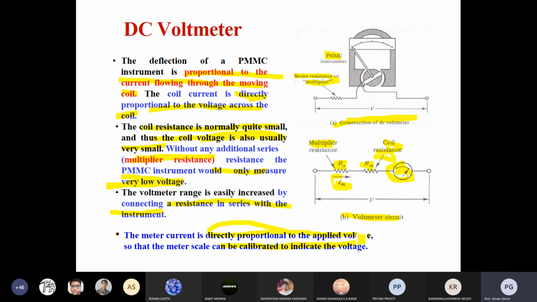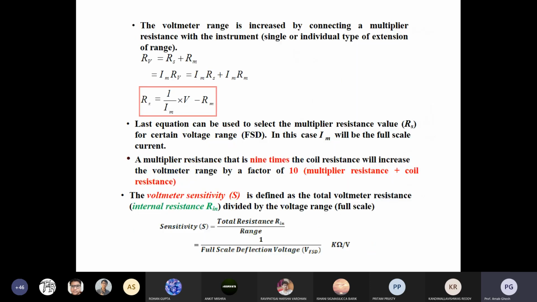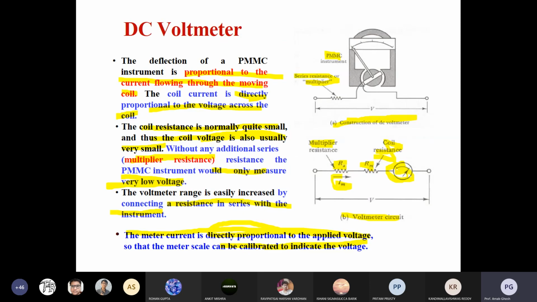The same thing also happens with the voltmeter, so the additional resistance RS will be in series. What happens when it is connected in series? You directly apply the voltage dividing rule. In the previous case for the ammeter, you used the current dividing rule; here you use the voltage dividing rule. If you increase the range by increasing RS, the current will not change because it is in series, but the voltage drop changes. V is fixed, so with more resistance, what happens to the voltage appearing across the resistor?